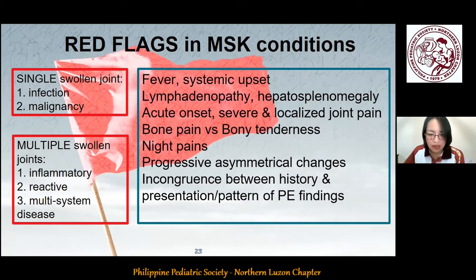So acute joint pain that is often severe and localized can be a feature of infection, especially if it involves a single joint. Okay? Now, swollen joints in children may be subtle or difficult to appreciate on examination, especially if the changes are symmetrical, and in young children where the history can be vague. Next is bone pain, which is often described as deep and throbbing in nature, usually located in the long bones rather than in the joints. So when we see this, one of the things that we should consider is malignancy.